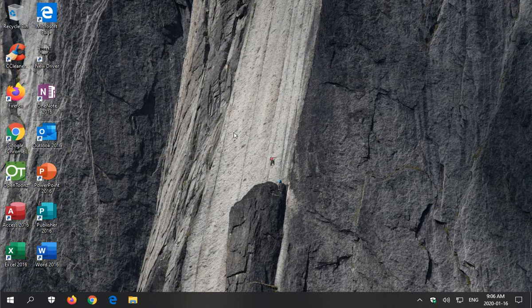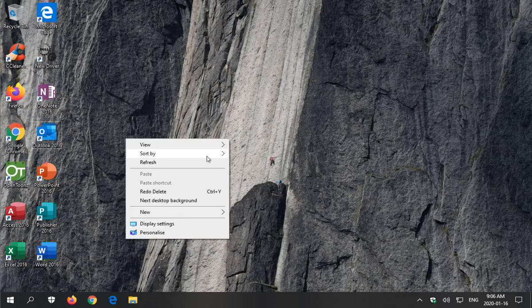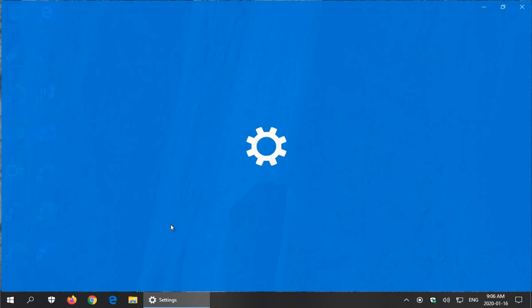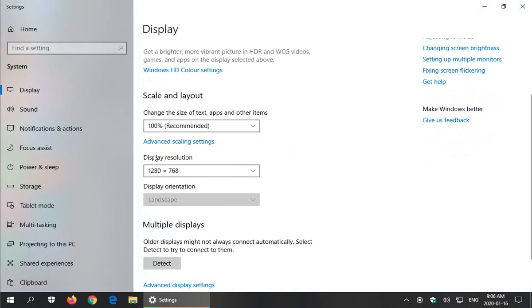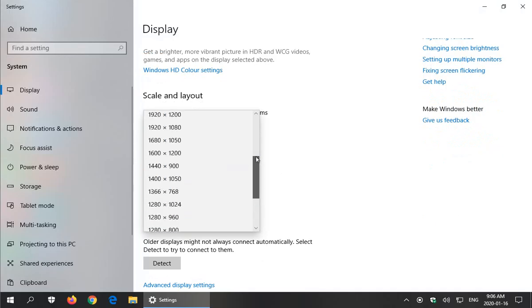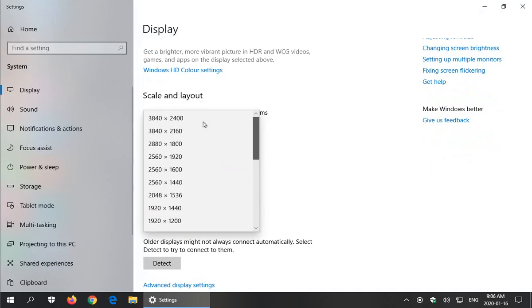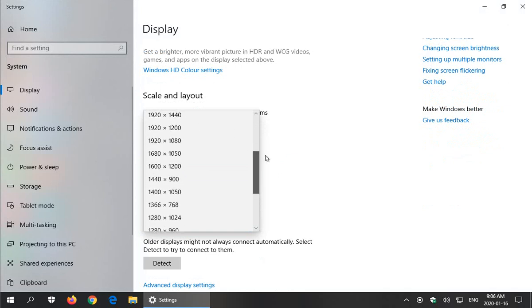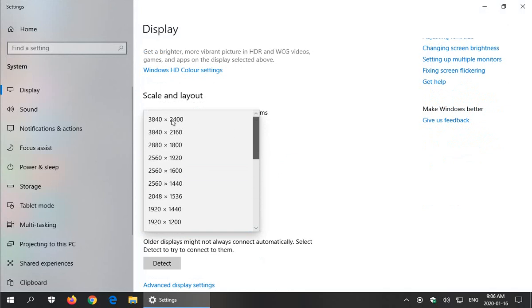Other things that are often critical for people is to set your display settings. So if you right click on the desktop and click on display settings, here's where you can affect the display resolution and the scale and layout sizes here. So the screen resolution, generally speaking, will be set to the highest level. Right now I'm at 1280 by 768, but on this system I can go to this crazy number, 3840 by 2400. Now if I go to that higher resolution, everything will appear smaller on my screen because it's fitting more